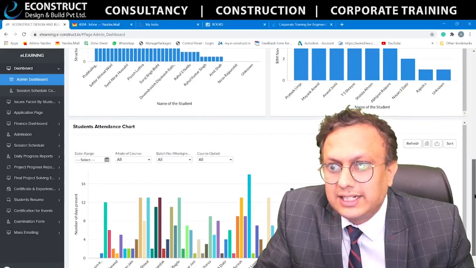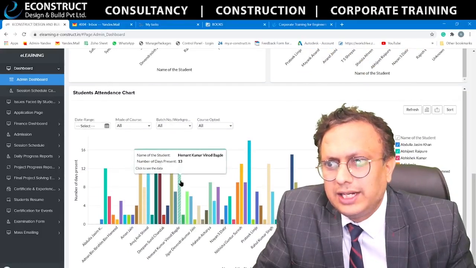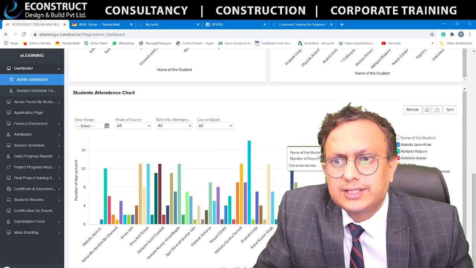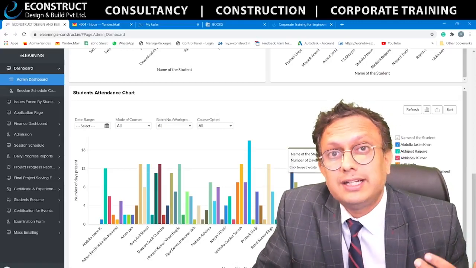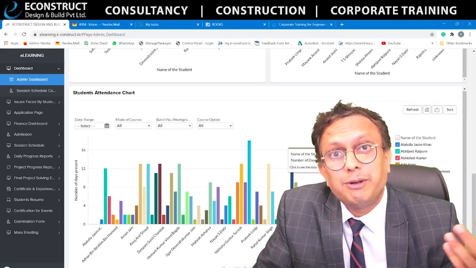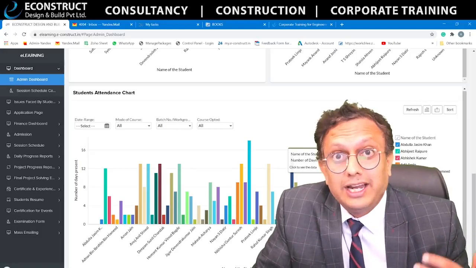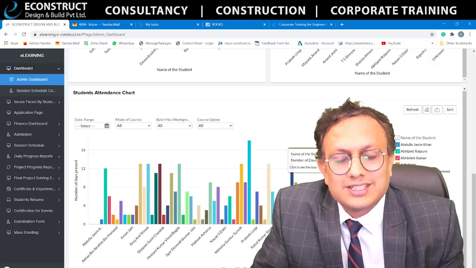Now this is the attendance sheet. Attendance sheet means what actually? It is basically how many number of days you are present or absent. Everybody is working from home, everybody is learning from home. So everybody is present ideally, and at the same time everybody is absent because they are not at the office, right?